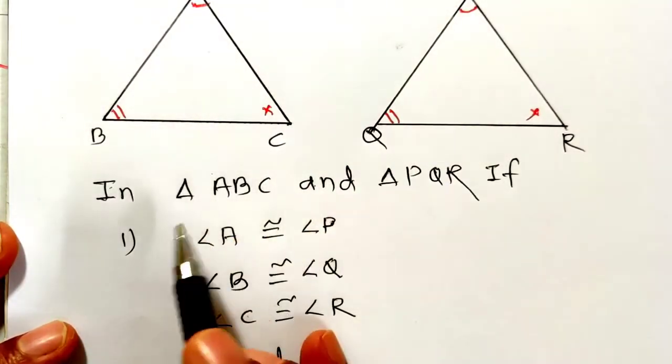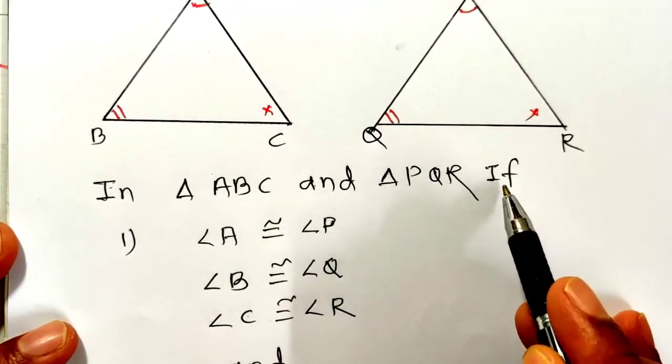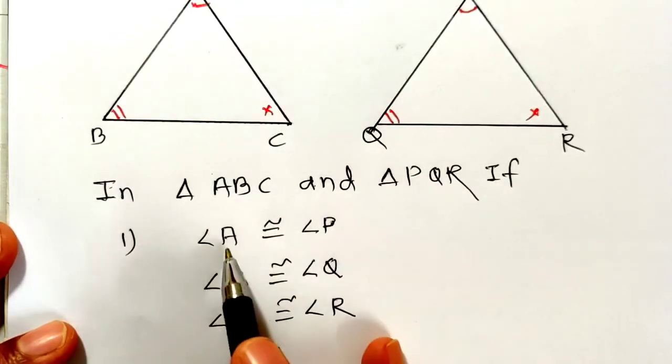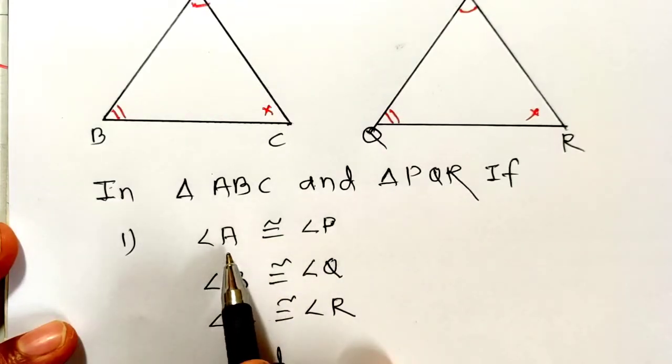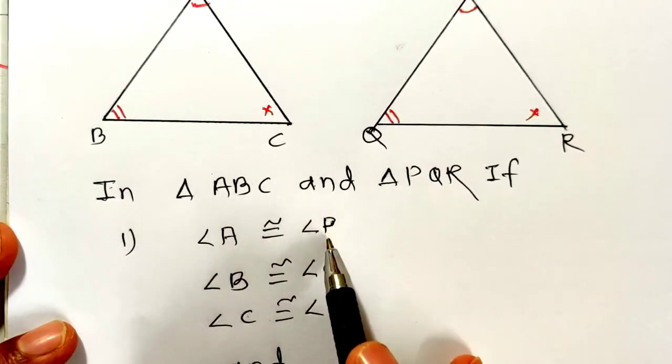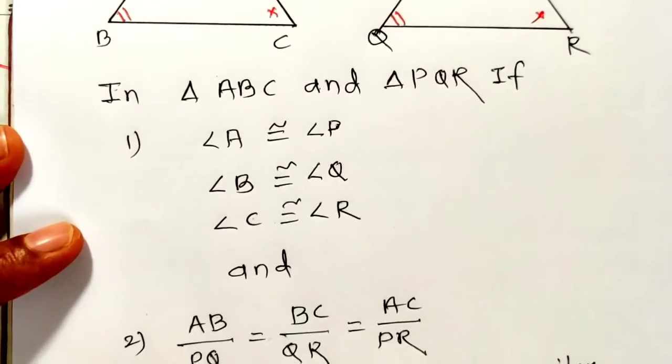In triangle ABC and triangle PQR, the first condition is that the pairs of corresponding angles are congruent. That means angle A congruent to angle P, angle B congruent to angle Q, angle C congruent to angle R. That is the first condition. And the second condition,